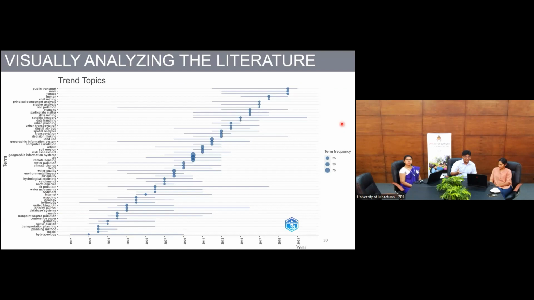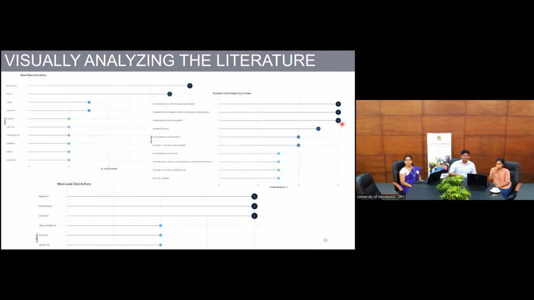And I have trend topics also, just to show you how visualizations can be used to see the emerging topics. For example, if you are trying to do your thesis and find out the novelty in your thesis, you can find that some of the words that have been used in the past may not be the ones that have been used in the present. So I can think of which topics would be trending, and so forth. I just leave it there without further comment.